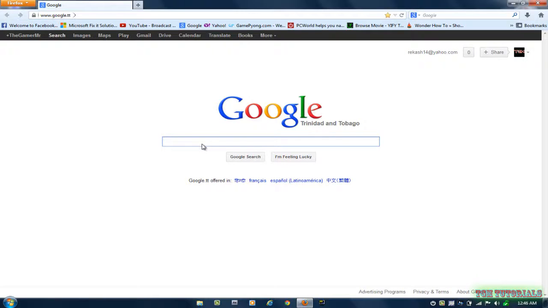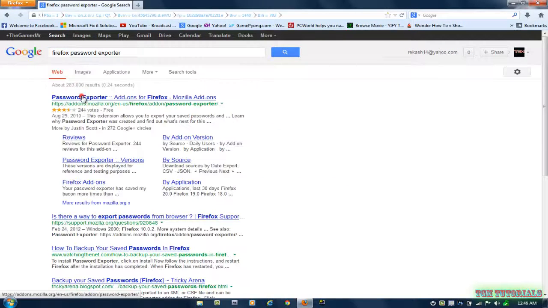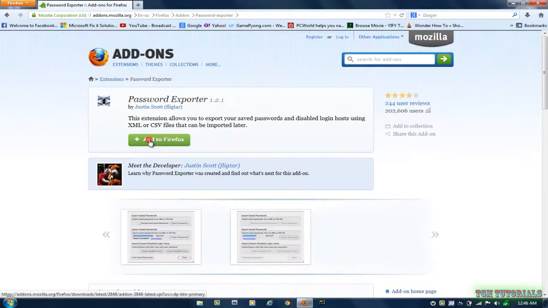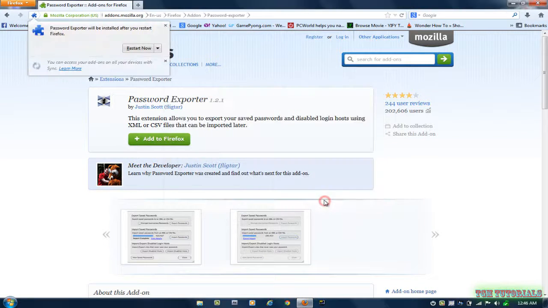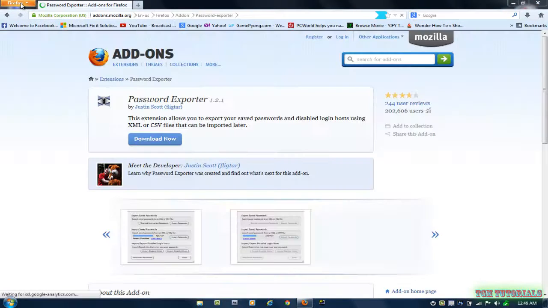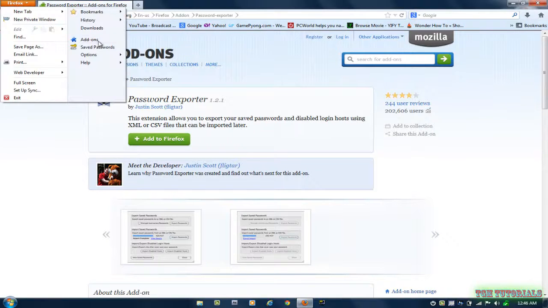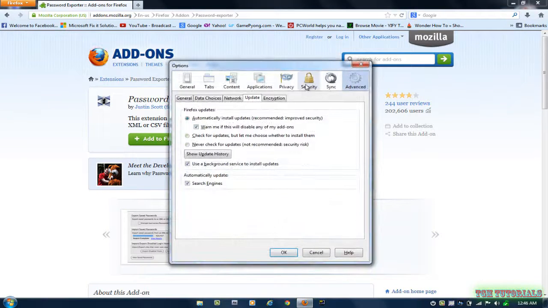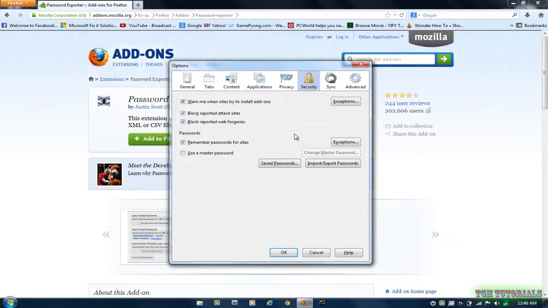Okay, so we're going to search for Firefox password exporter and then click on the first link. It's an add-on, then click on add to Firefox, then click on install. After the countdown there, restart now, and then basically you go to Firefox options, go into the security here, saved